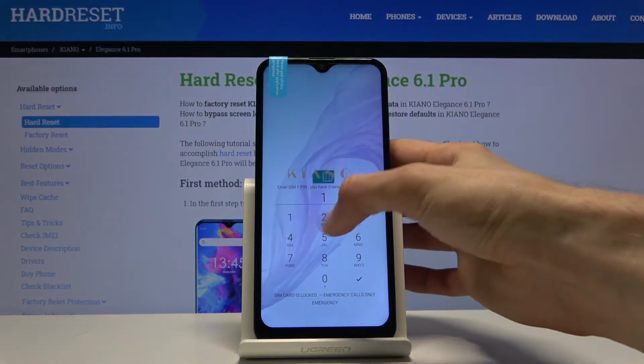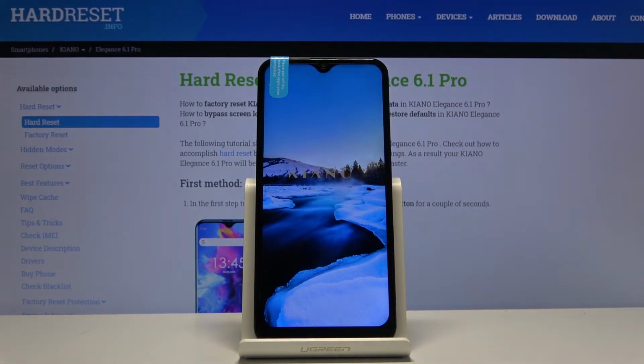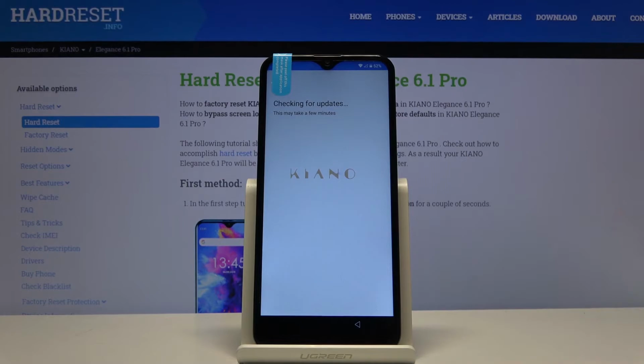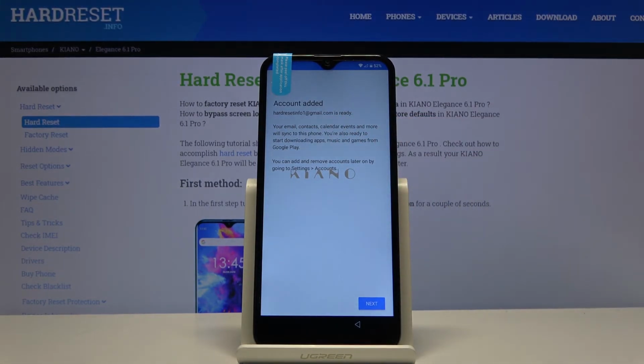So again, let's put in the pin for the SIM card. And we should be back in the setup screen. There we go. So simply progress through the setup process right now, with the difference, as you can see, being this right here. Before this was the verification screen where we needed to put in the previous email address. Now it tells us account added, and it provides us with the account that I have literally inserted right before the reboot of the device. So now we can tap on next and skip this step,